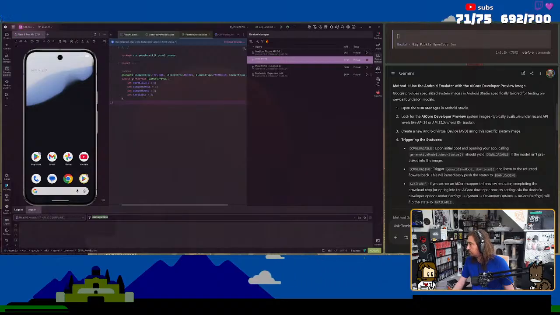Okay, so I need to go to Android CI/CD, run workflow. When's the last time it ran? Sorry, I was on a different screen because I didn't want to share that.